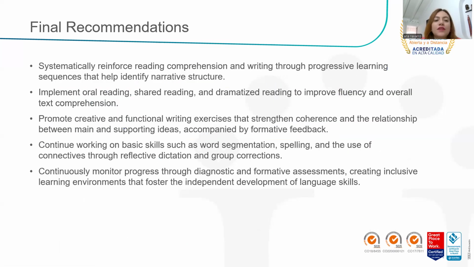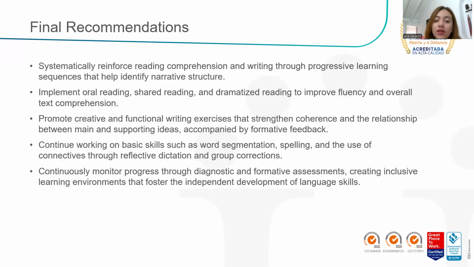And the final recommendations: first, strengthen reading comprehension and writing skills, taught step by step with a teaching sequence and studying and identifying narrative structures.